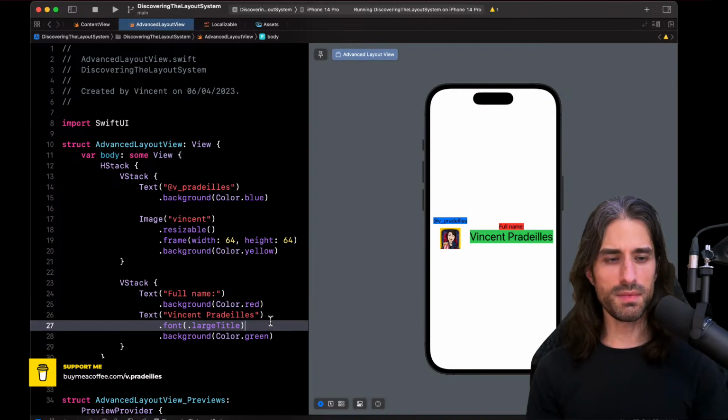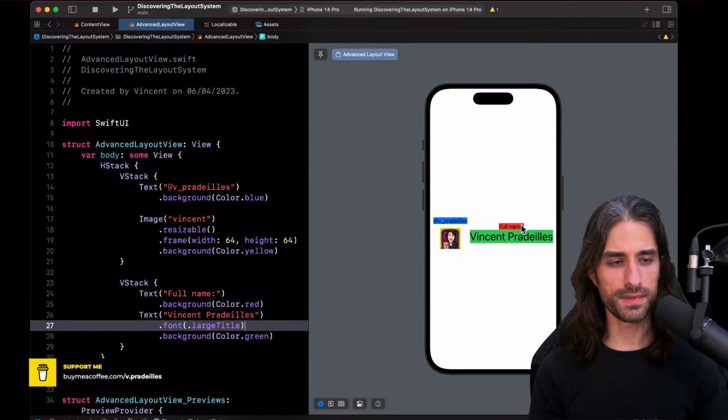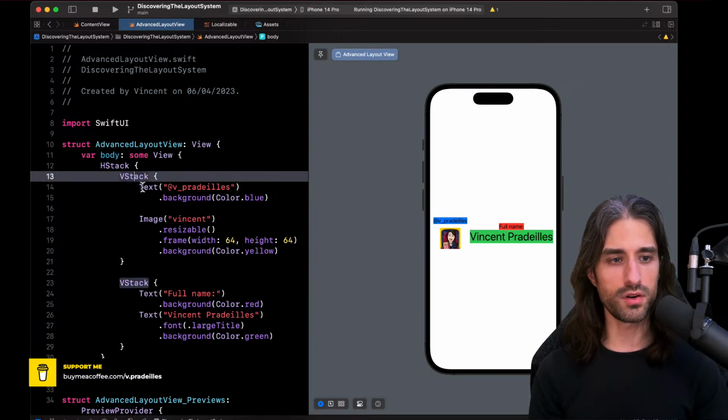So now let's imagine I want to align the first text of the first column with the first text of the second column. This should be quite easy to do. We've seen how to do it before, so if you're watching the replay, once again, try to do it on your own.